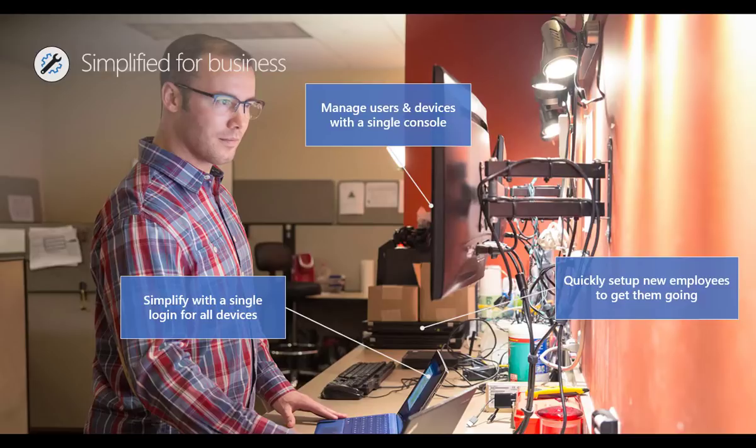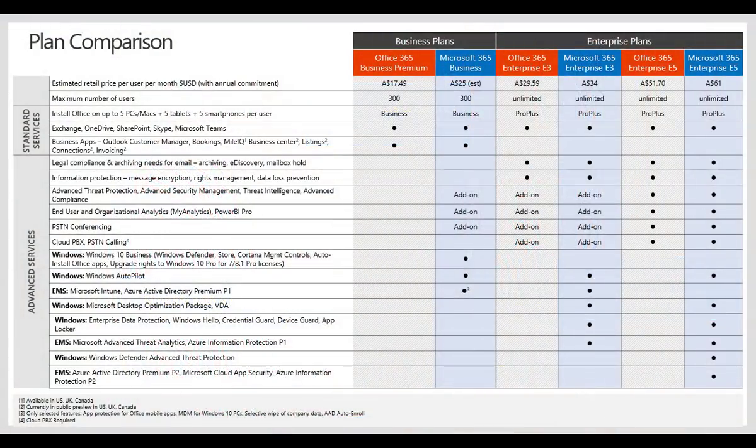So again, you'll get a copy of these slides after the fact. What we've got is a bit of a plan comparison, to compare things side by side. We've got our Office 365 Business Premium, that's our standard Office 365 offering for SMB, and now we're adding Microsoft 365. You can see that it gives you effectively Windows 10 Pro, Autopilot, and some EMS features down there for you. Then after that, you've got the standard Office 365 E3, and a Microsoft 365 Enterprise E3,